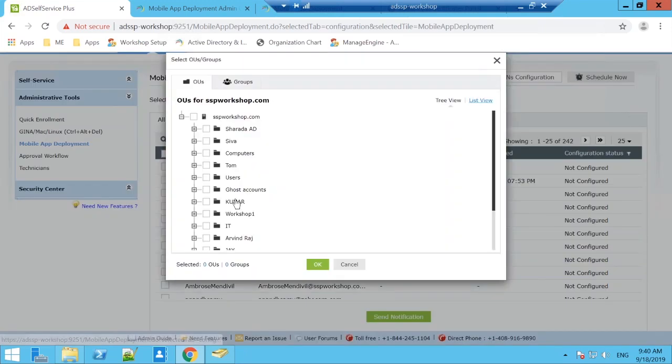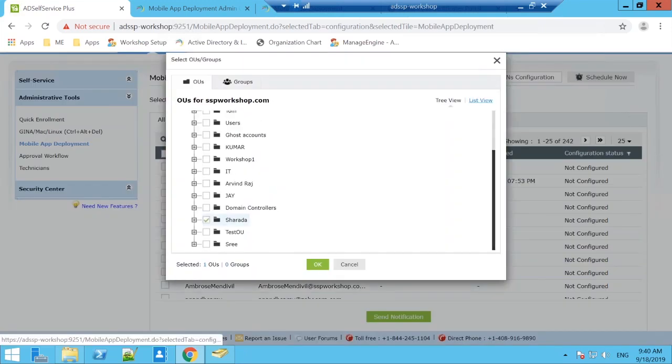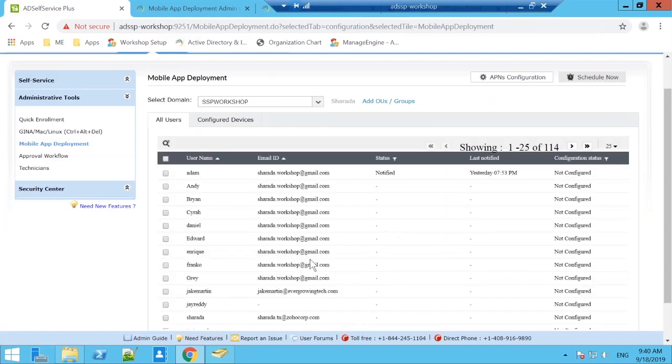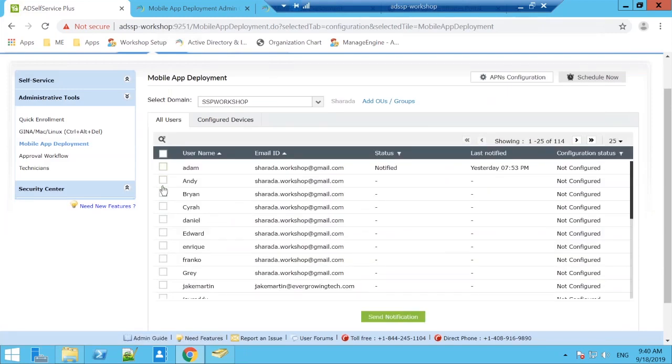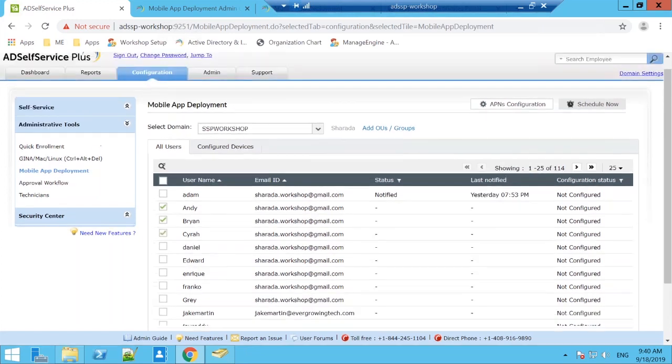And only after your APN is done will you be able to notify users about their MDM configuration status. So once again, I'm going to shortlist this. And let's say I choose Andy, Brian, and Syra. All right. So when I hit send notification,